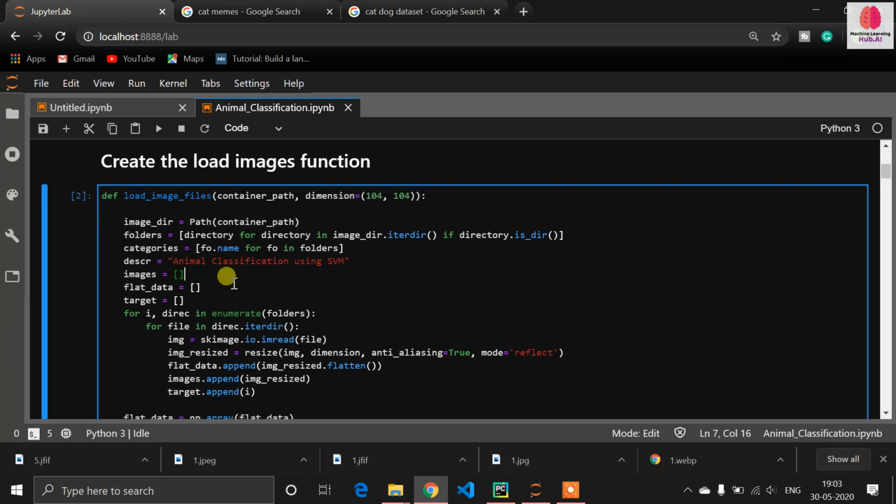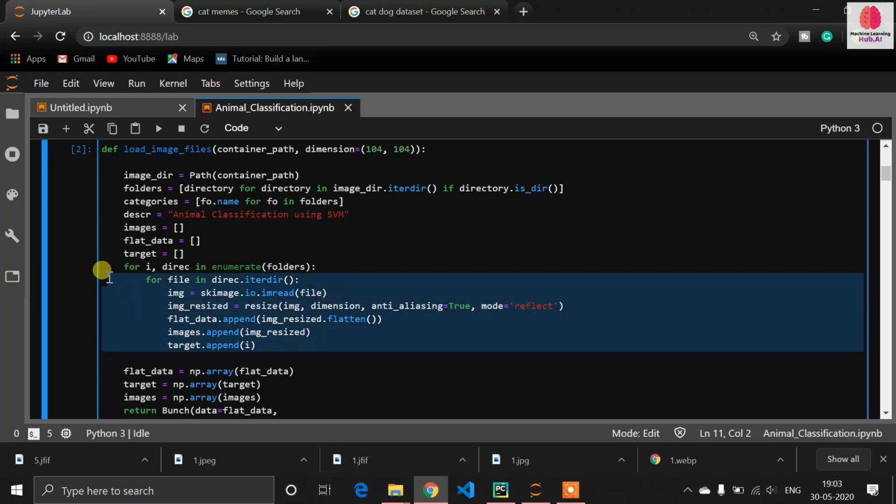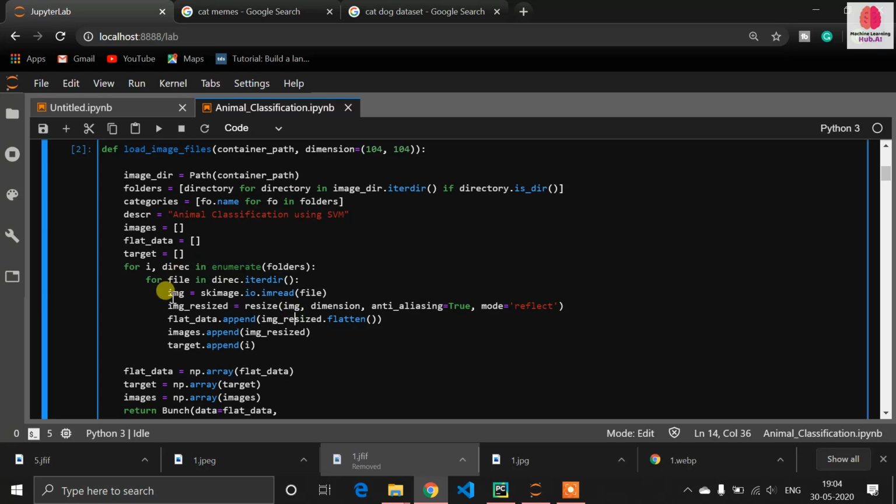So in this function, I have used this for loop. I iterate over the images one by one, and after that I have created three lists. One is for images, second is for flat data, and third is for target.